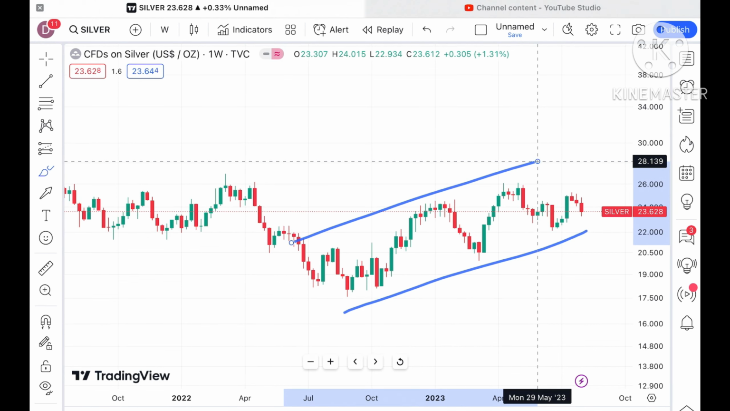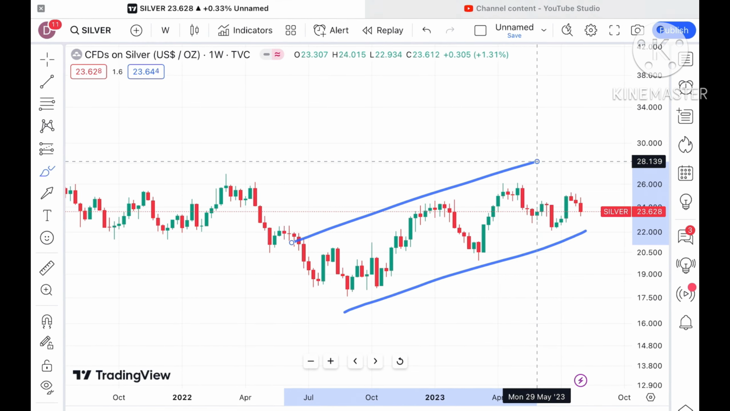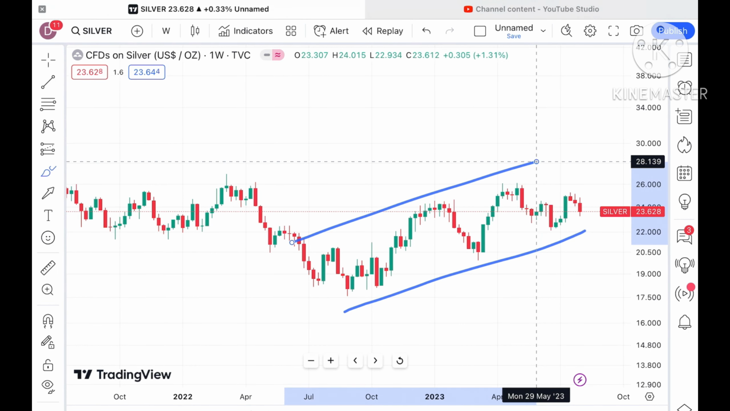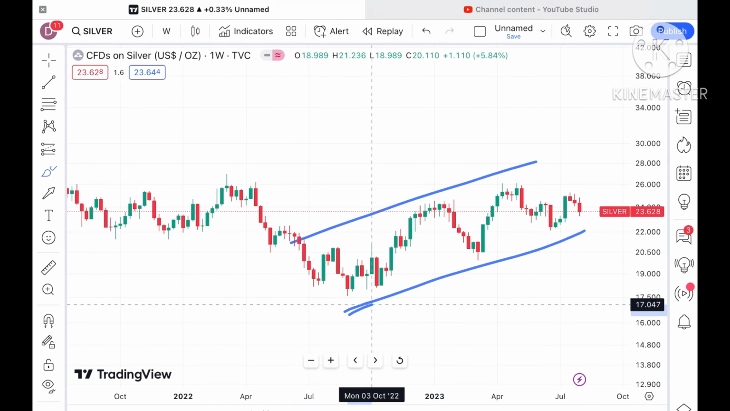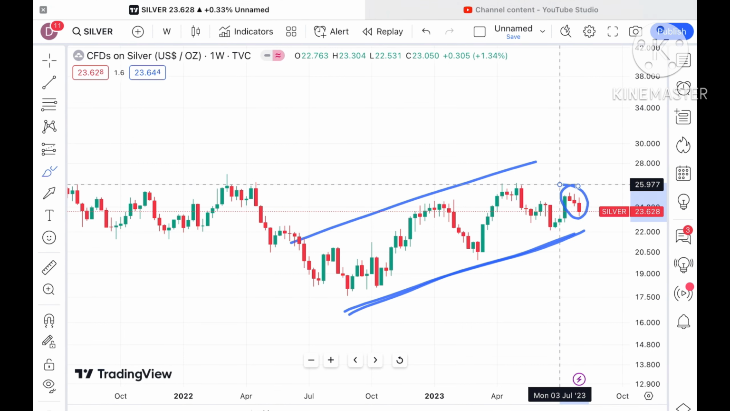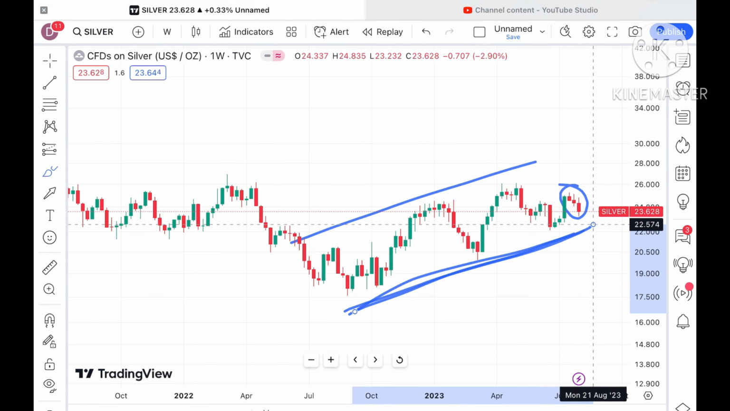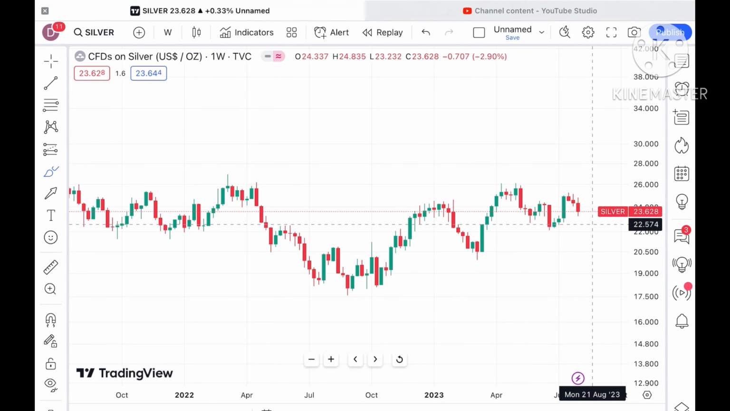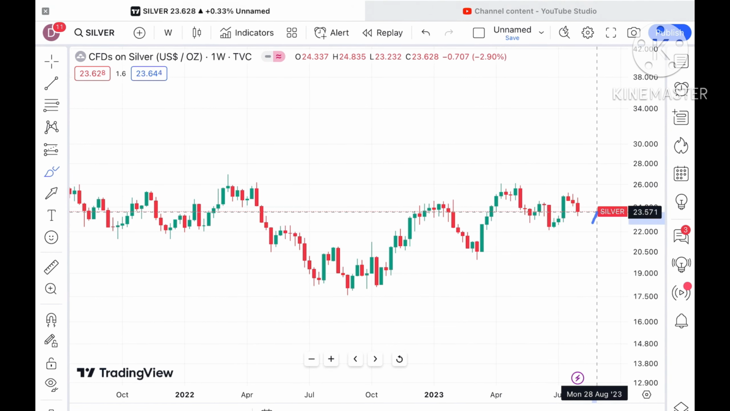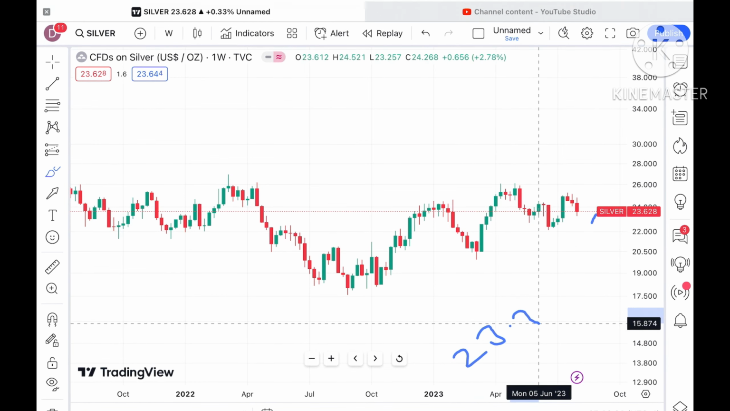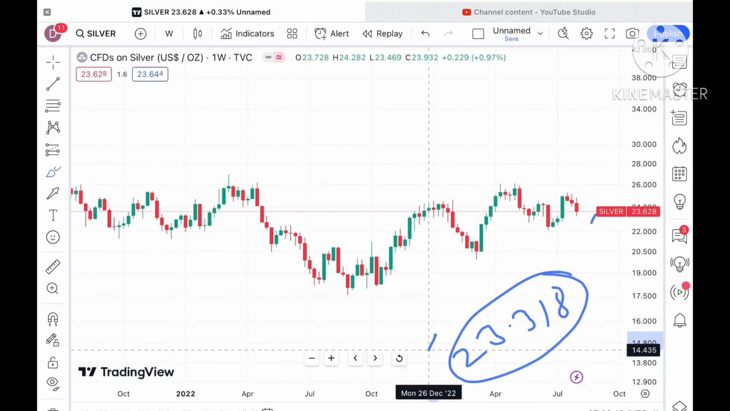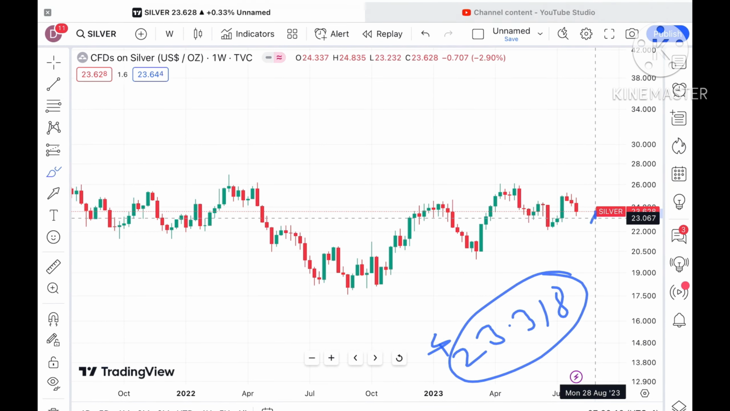Since 3 weeks there is a continuous fall. Yesterday we saw a spike in silver as well as in gold. But chances are high of a continuous fall, as we have seen over the last 3 weeks, though the overall trend is upside since October of 2022. If the price doesn't sustain, and there is a probability of that, it can touch a level of around $23.318, and if the price falls below this level, it will move towards